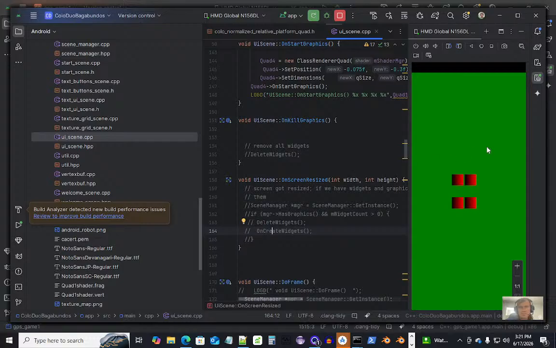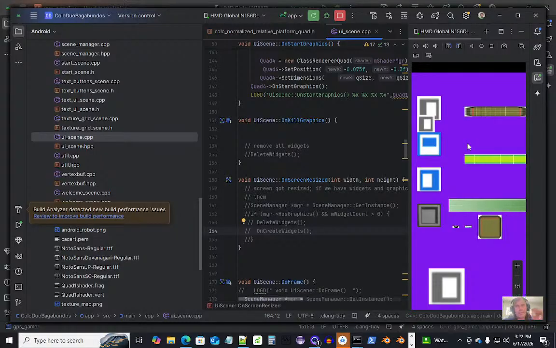Alright, that works. Alright, so this is the first scene. It's just some quads. I did modify the shader a little bit on the PC and on the Android. And I made it look sort of ratio based, aspect ratio. I called it normalized relative. There was some other word too. Oh yeah, responsive. So this background map